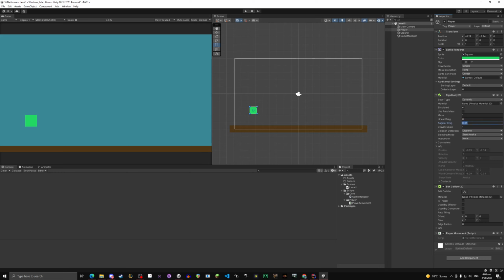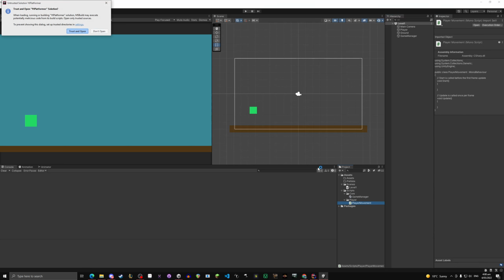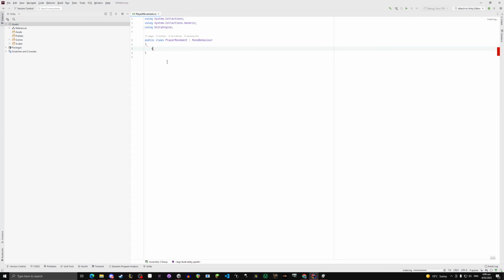These are my preferred things. Put angular drag on 0. And put gravity scale on 4. I think that's more or less what I like. And now, open your player movement script. Hi, sorry. I forgot when I make a new program and open the script that my script editor takes a